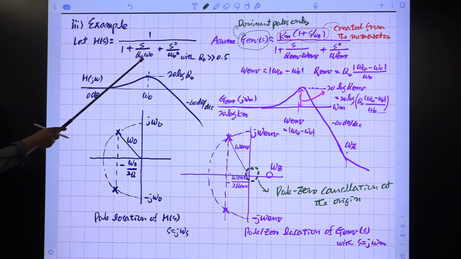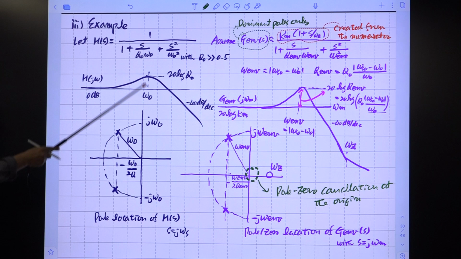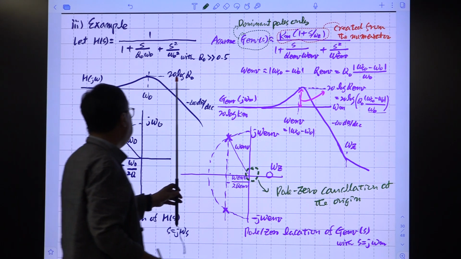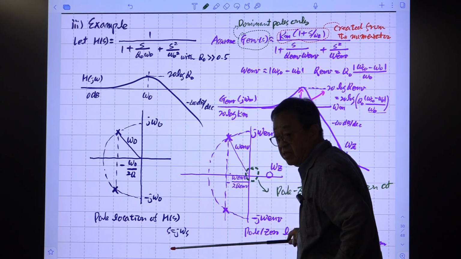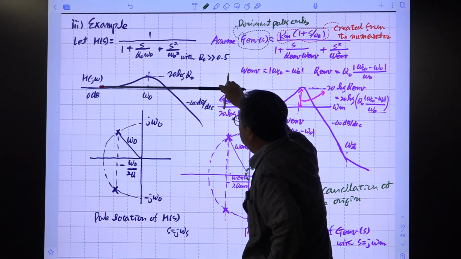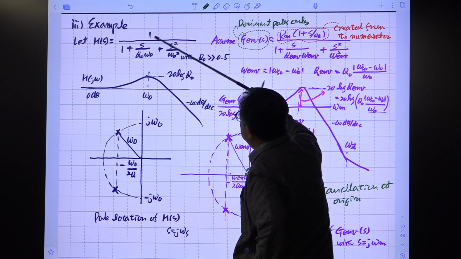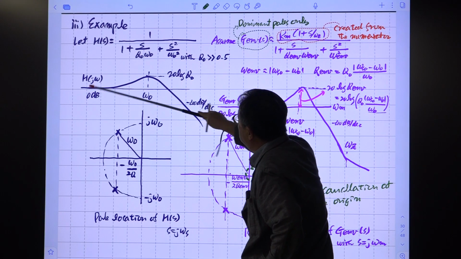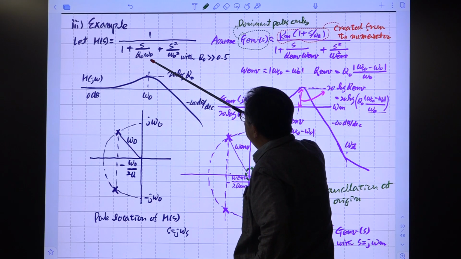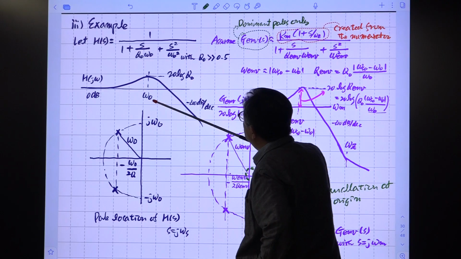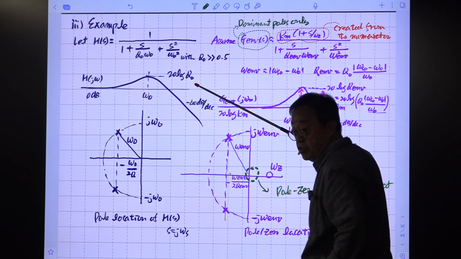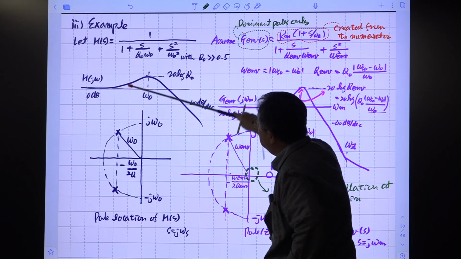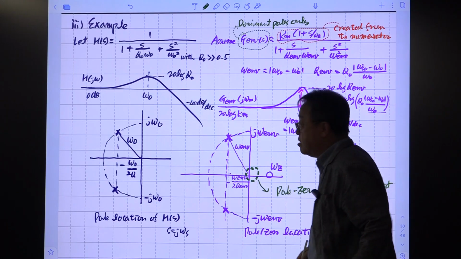Then you know this, right? Then you plot the Bode plot here in the j omega axis. This axis is j omega s, and the DC value is 0 dB because we have unity, and we have a double pole at this frequency, and there will be this peaking of 20 log Q0. If Q is large, then it will go like this. Okay, this is the Bode plot.